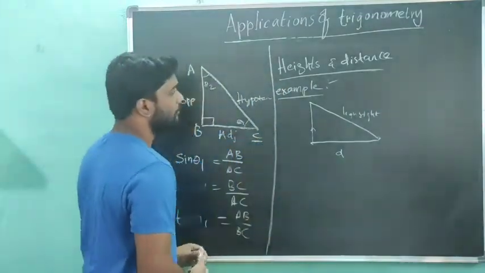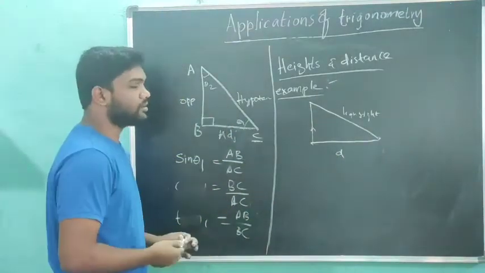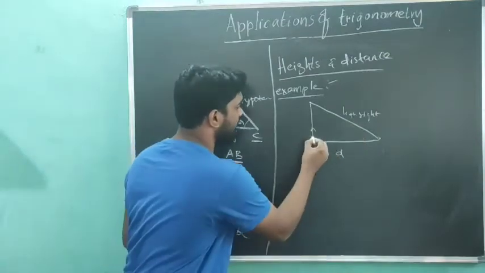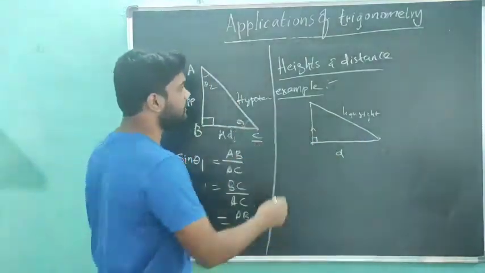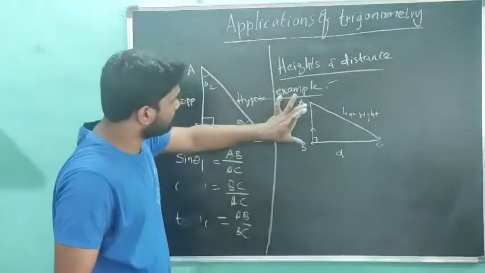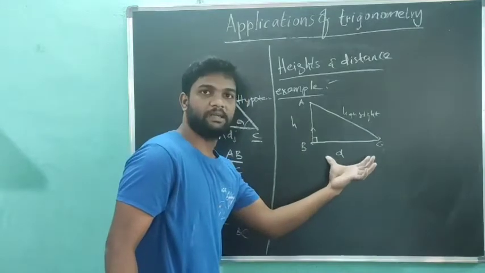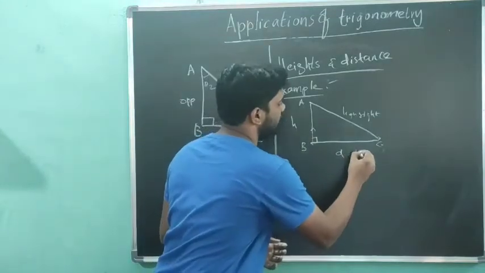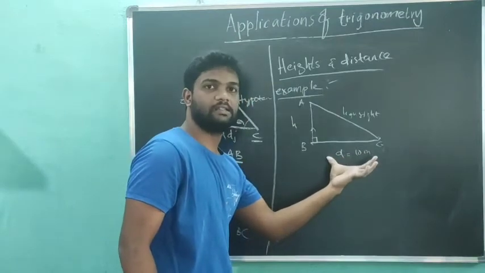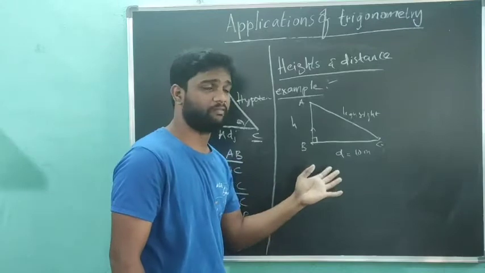Next, what does this look like? A right angle triangle. Yes, so this looks like a right angle triangle, right angled at this point. Let me name this A, B, C. The height of the pole, let me consider it as h, and let me consider this BC length as d, 10 meters. D is equal to 10 meters. How do we find this? By taking a scale or any other tape or measurement, we can find that.